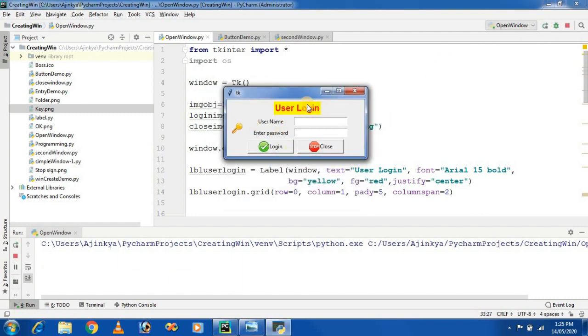In this way we will design a login form by using the label widget, entry widget, and these are the button widget. So this is again a label widget on which we will place an image. So this is the structure of our login form design. So how can we design a form in such a way